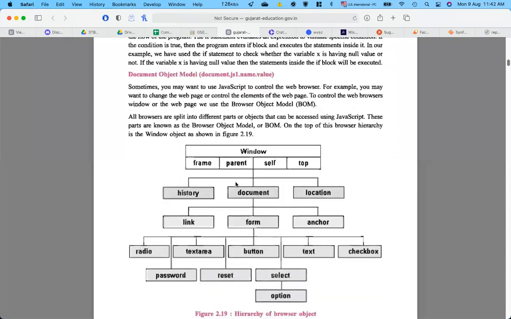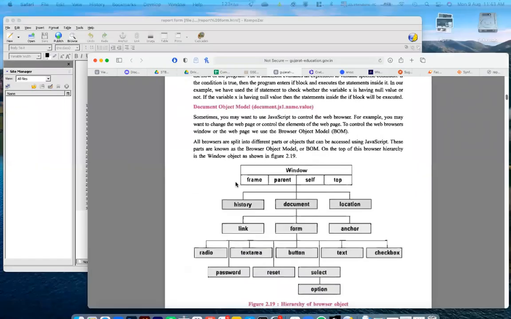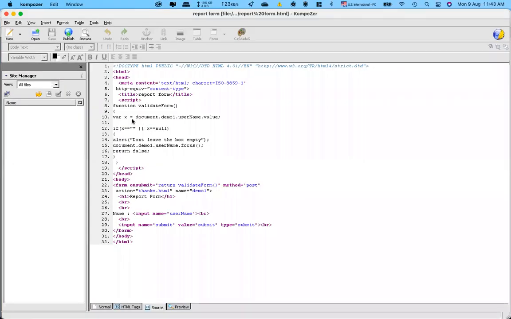Now we go to the next part, that is the document object model. These are all technical things about JavaScript. Here in our example, when I was declaring the variable, I also have taken this particular statement here.